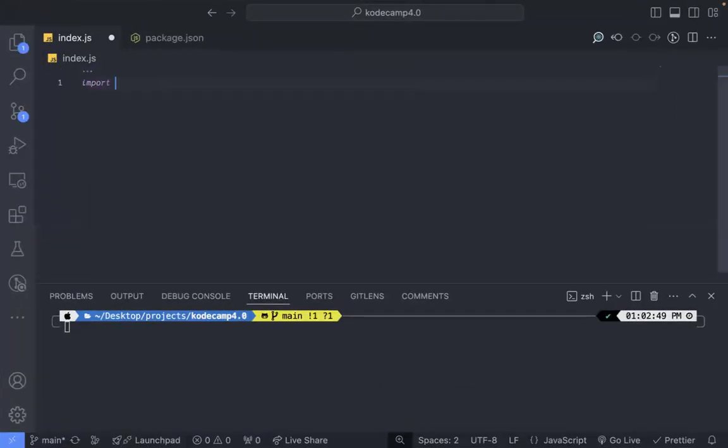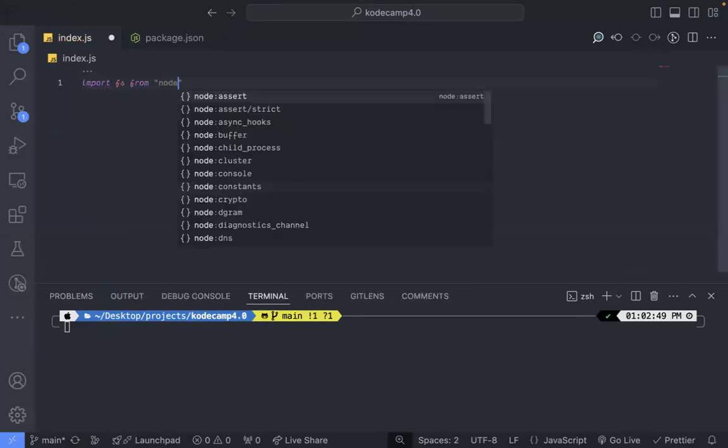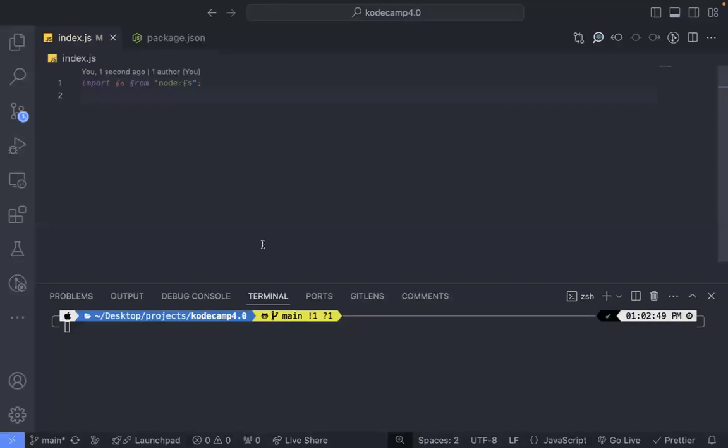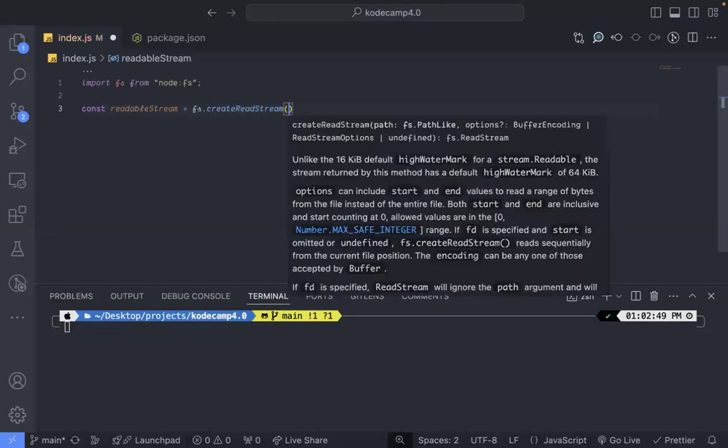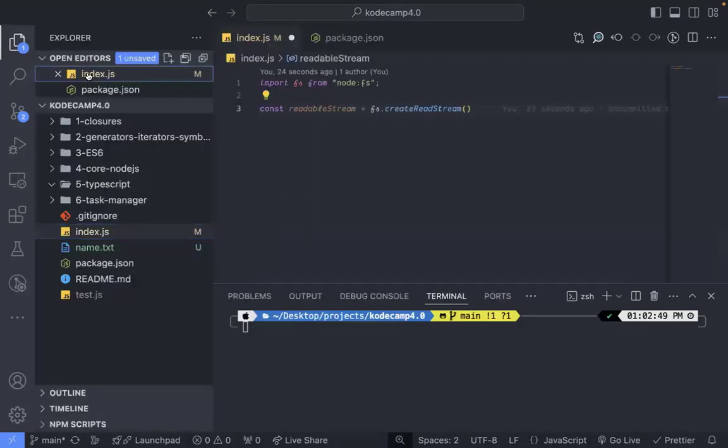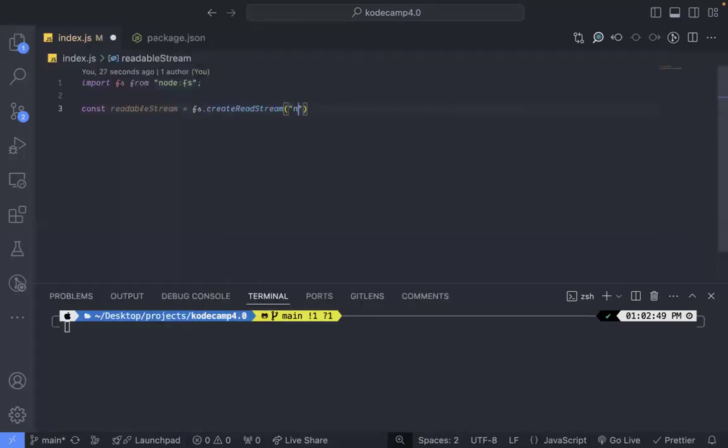You can say import fs from node:fs. And then you can say const readableStream is equal to fs.createReadStream, like this. And then the path, let's see if we have a file here. Okay, name.txt. I think we have a file of name.txt. We'll say name.txt, like this. And whenever there's data in the name.txt, this event will be emitted. They will say readableStream.on